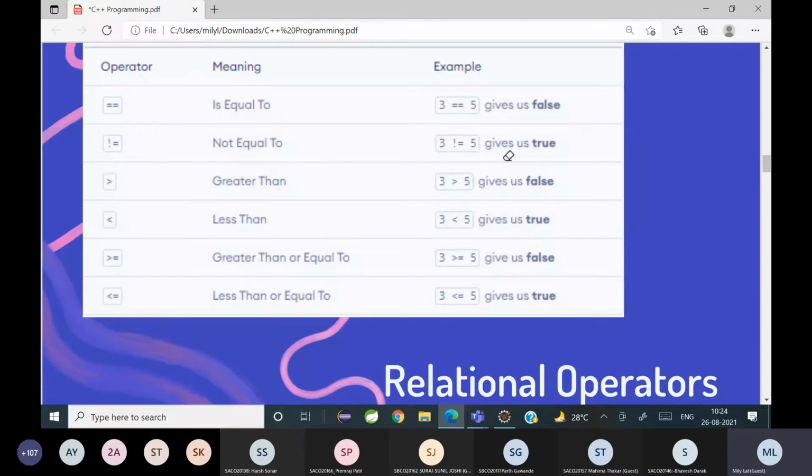Is it clear now? Yes, ma'am. ओके तो यहाँ पे आंसर क्या मिलेगा? Either 1 और 0. ठीक है, either it will return a true or it will return a false. ओके, next is